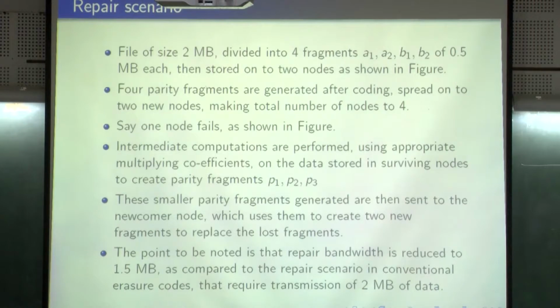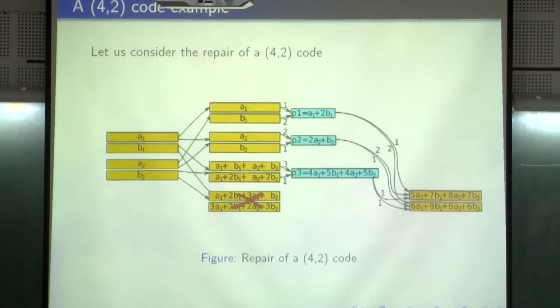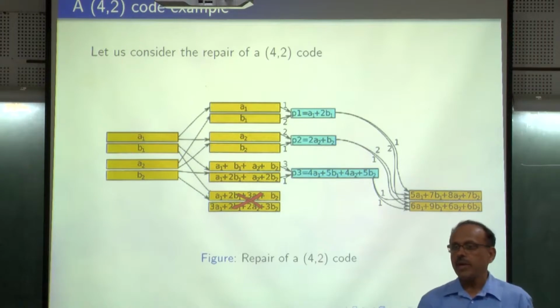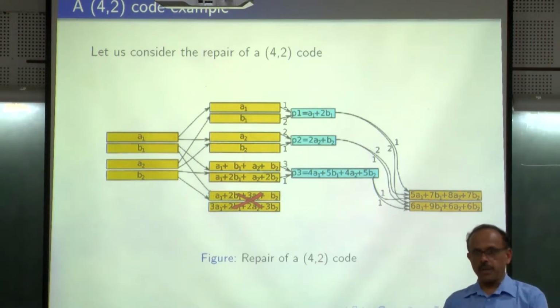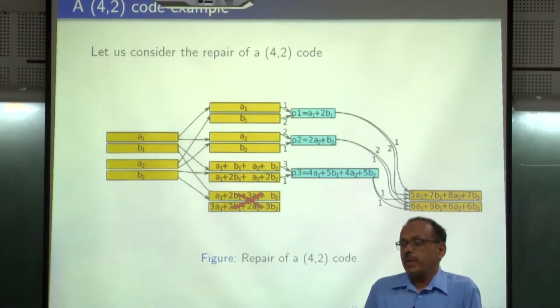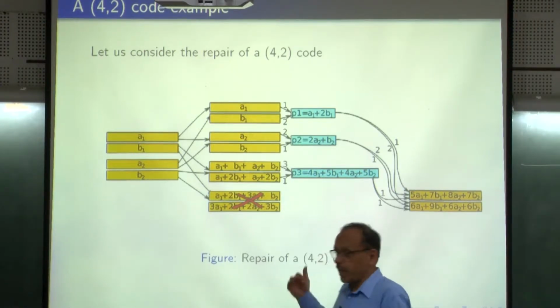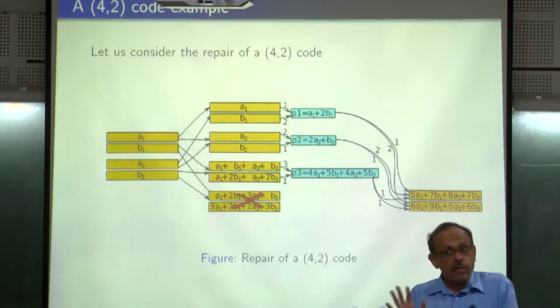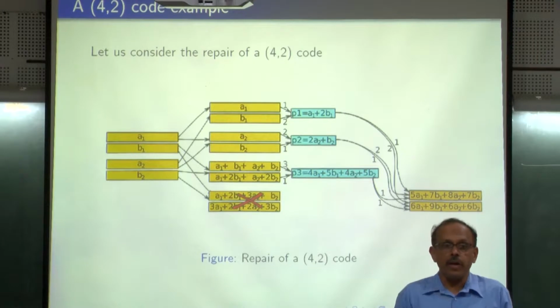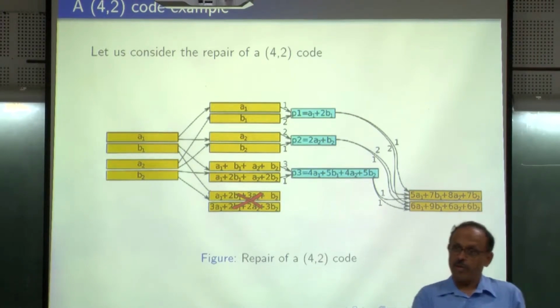That is one thing that we discussed, that was nice, and the other one is basically this example. To understand this example a little bit more clearly, this is about functional repair. In functional repair, initially the source node creates some nodes, and when nodes fail, new nodes are created, but the new nodes have the ability to satisfy the reconstruction property of the code, such that any two of them should be able to reconstruct the data, whatever is required. That is all that is necessary. So, you are not really required to recreate it in the same way as it was before. So, under that model